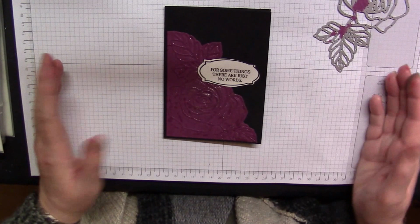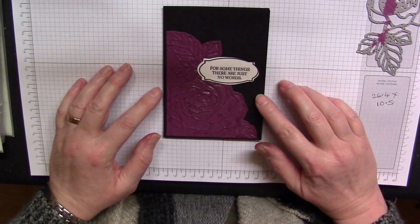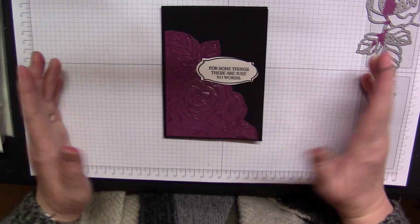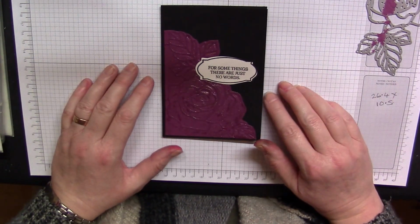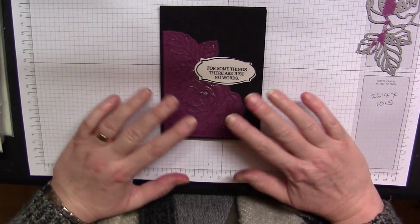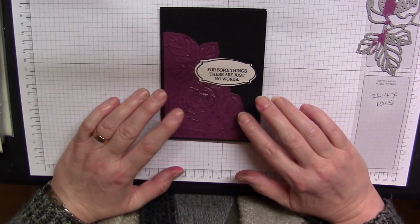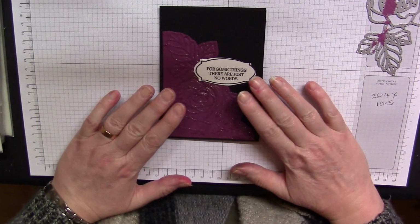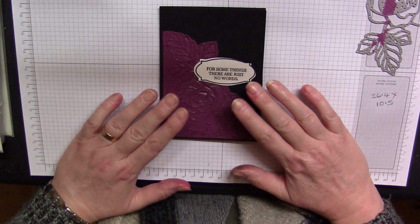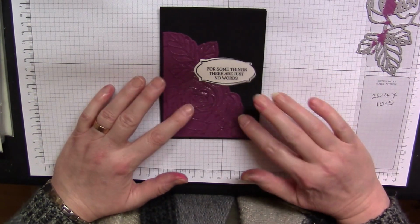Completely out of my comfort zone. It's a technique to show you, and it's just one of those cards for one of those moments where there simply isn't any real words, so you just want to let people know you're thinking of them. But I want to show you this technique of how to give the impression that you have embossed your card. In fact, we are going to emboss it,